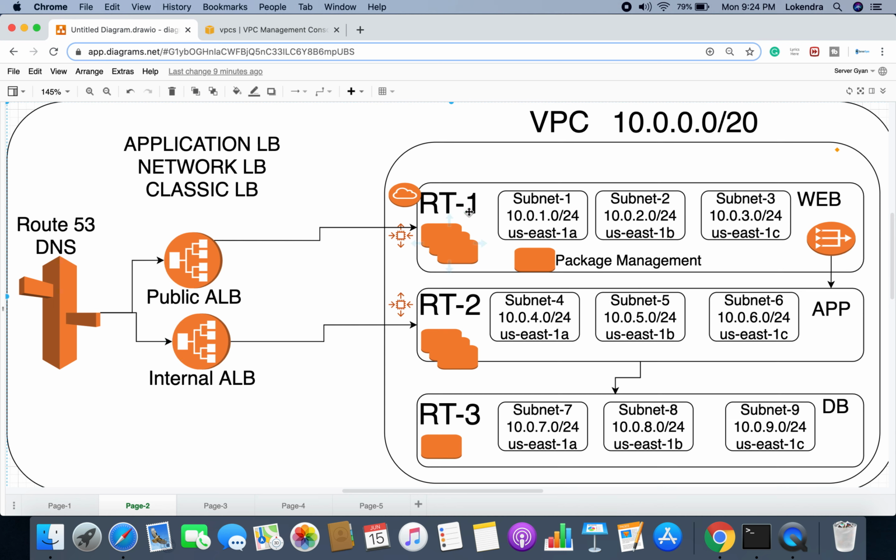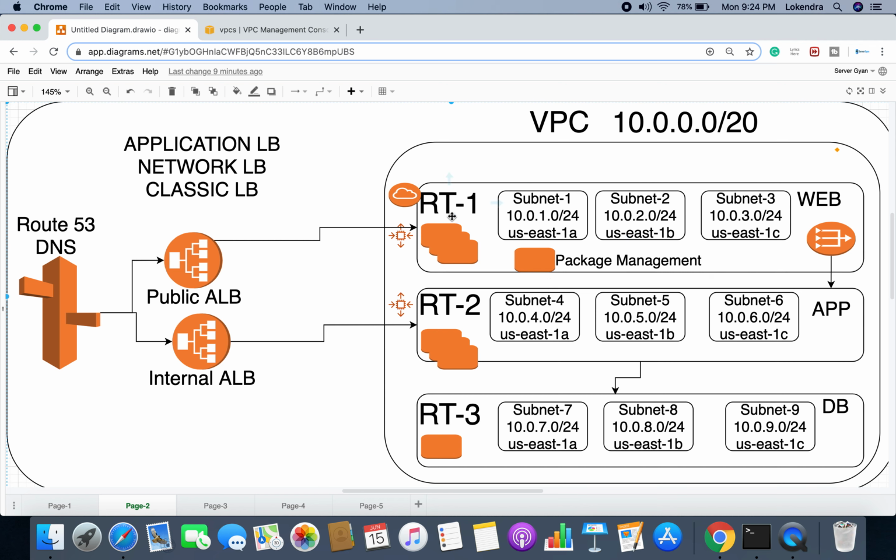So let us begin with how to create a VPC while selecting a CIDR. How do we need to work on that, and when we create multiple route tables, how to associate subnets with a specific route table, what is a management server, and everything we are going to see here. Okay, so let us begin with the practical.